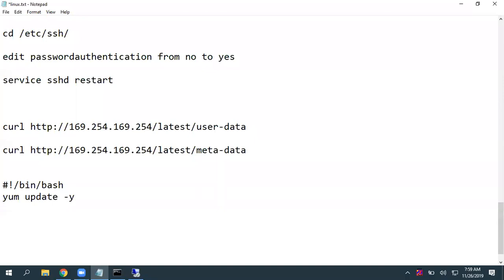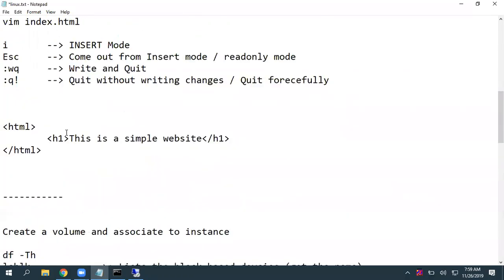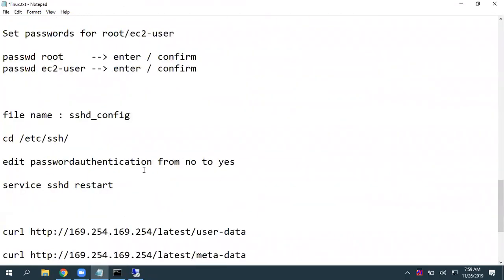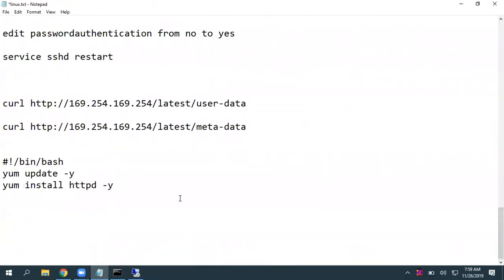Okay. Then I want to install Apache Web Server. The same commands, guys, nothing new. So here we used yum install httpd -y. What this command will do is install Apache, right? Now, if you want to go with the test page, you can just start the service. And even after reboot, the service needs to start automatically. So what we did: chkconfig httpd on.